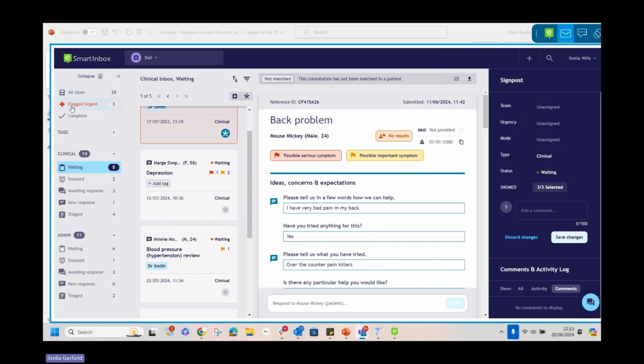We have the flagged urgent. This is an opt-in feature, so your practice may not have this feature on. Then we have the complete folder, which is where all the completed eConsults go. Beneath that, we have the two big folders, which are the clinical folder and the admin folder. All the clinical eConsults will automatically go into the clinical folder, and all the admin eConsults will automatically go into